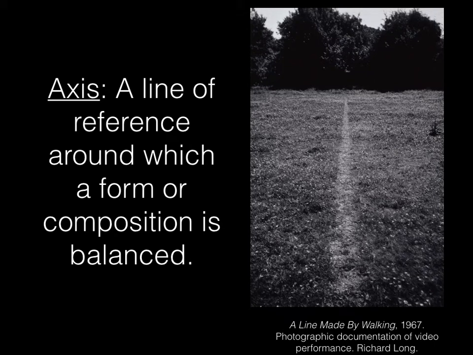Axis is a line of reference around which a form or composition is balanced. So this is a piece called A Line Made by Walking by Richard Long. So this is actually photographic documentation of the video performance. And how this worked was for an hour on public television in 1967, you were able to watch this piece, and what it was a camera person walking and following kind of this line that was created in these natural